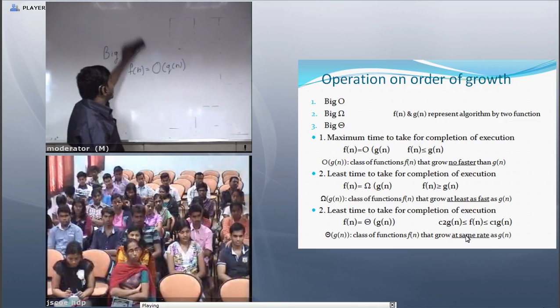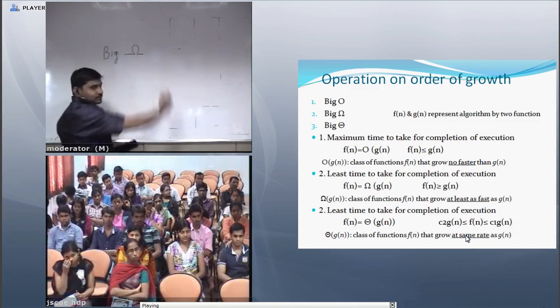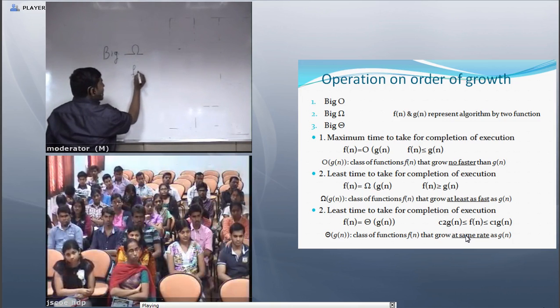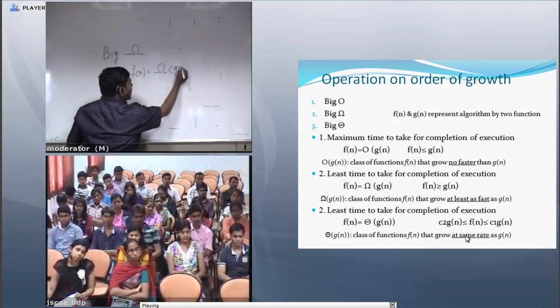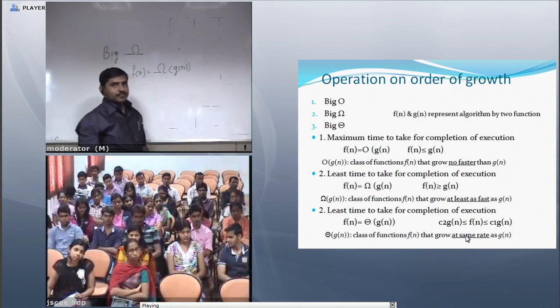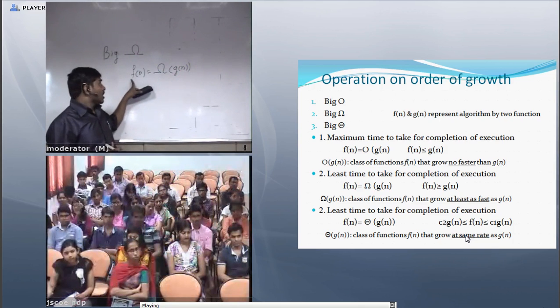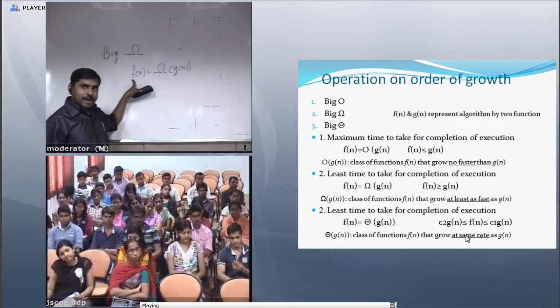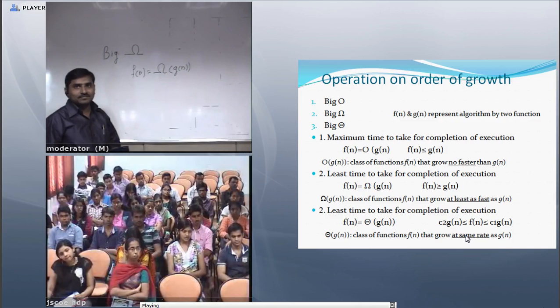And if I consider the second operation, that is big omega. If I write f of n equal to omega g of n, this means the growth rate of f of n, the change of behavior, is not less than g of n.